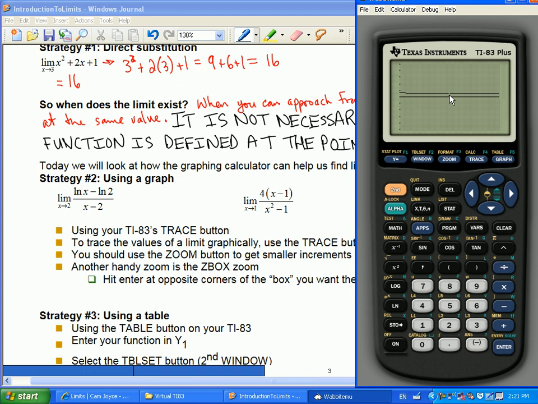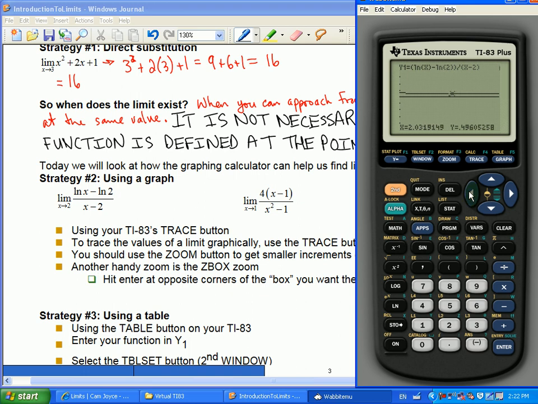This limit does exist because if you follow the arrow here from this side, where I'm ending up is the same place as when I approach from the other side. Okay? So the limit does exist, and if we wanted to know what the value was, you can trace it out and see what happens. So right now it's saying you can't do anything at x equals 2, it's not defined. But as I approach,